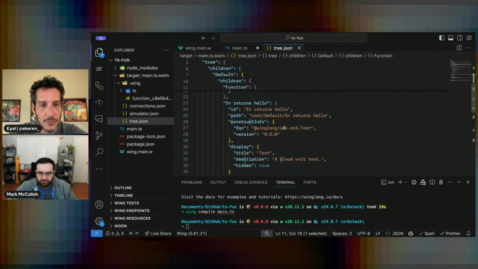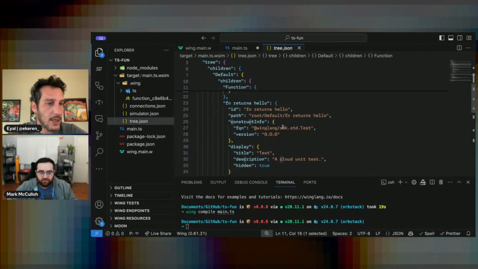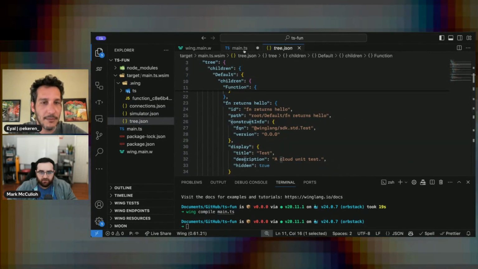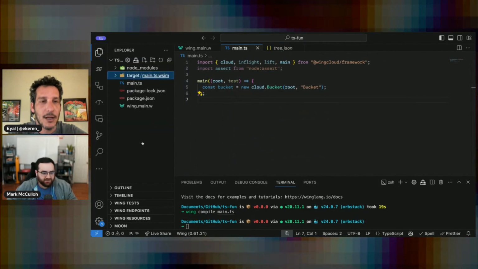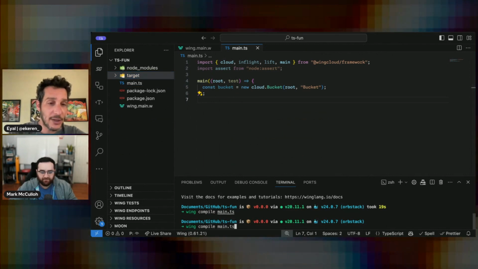Why is there a function? There isn't a function. There's nothing. You don't have any assets. Oh, I didn't save this file. It was compiling the template version. You had a function there? No, but you didn't have.